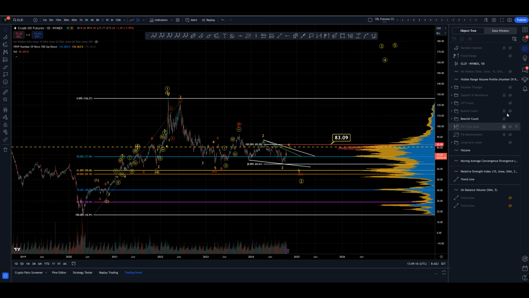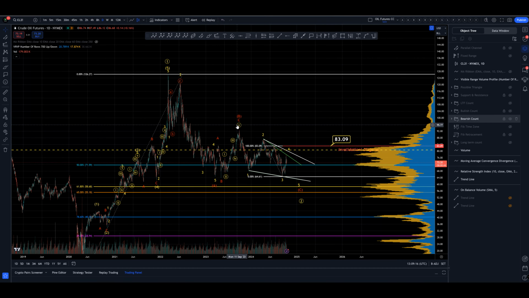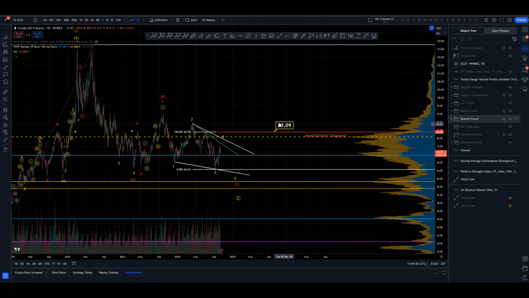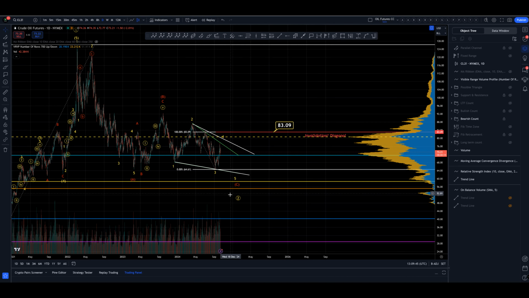Bearish count. Okay, we are A down in 5, B back, and now an ending contracting diagonal into the low. The 1 has come down, the 2 has come back inside the 1, the 3 has come down and is shorter than the 1, which is nice to see, and the 4 has come back and is so far shorter than the 2. The 4 cannot come back beyond the 83.09, as the 4 cannot be greater in length than the 2. We would lose the contracting structure of the wedge.